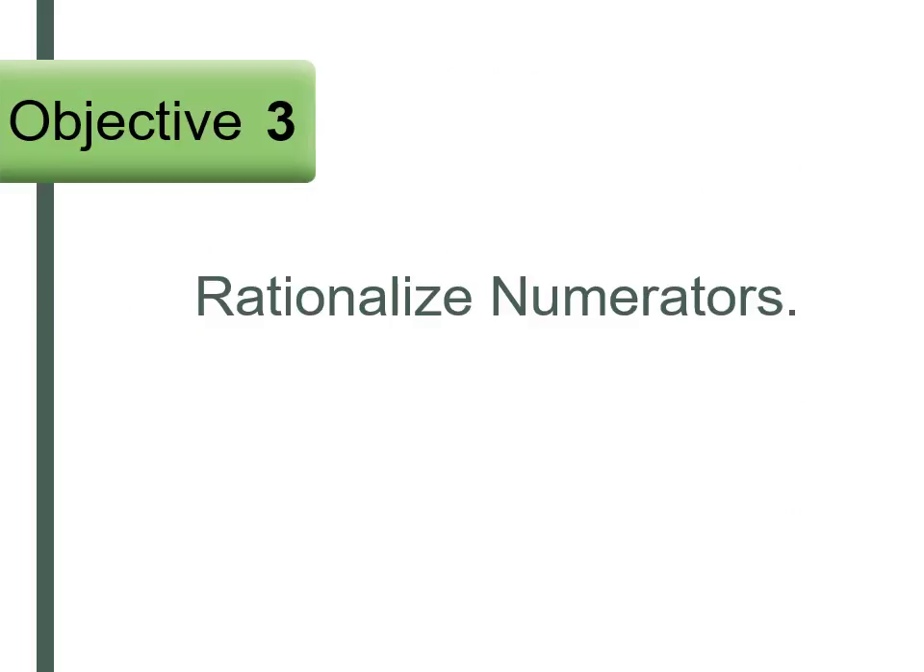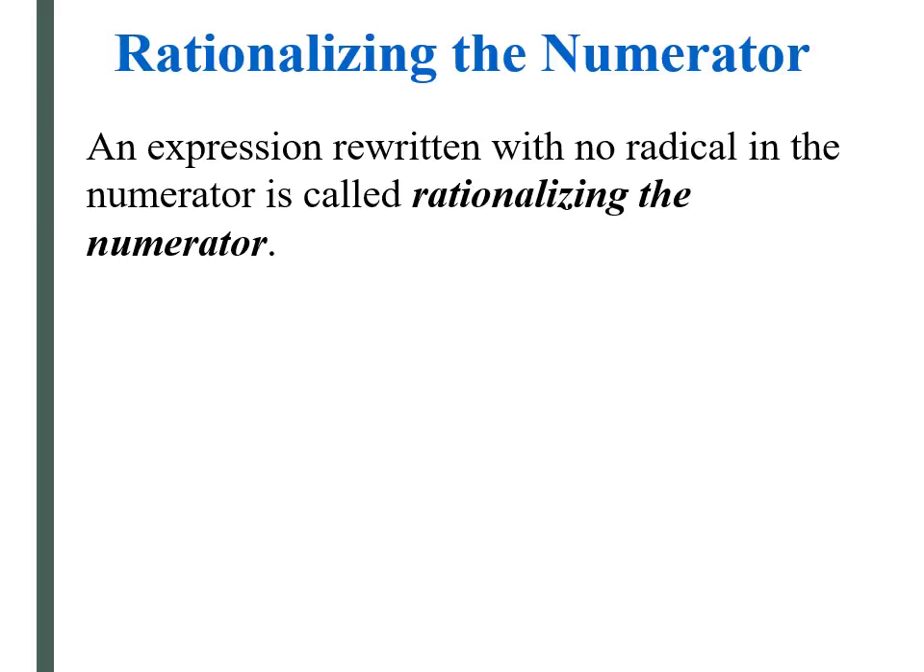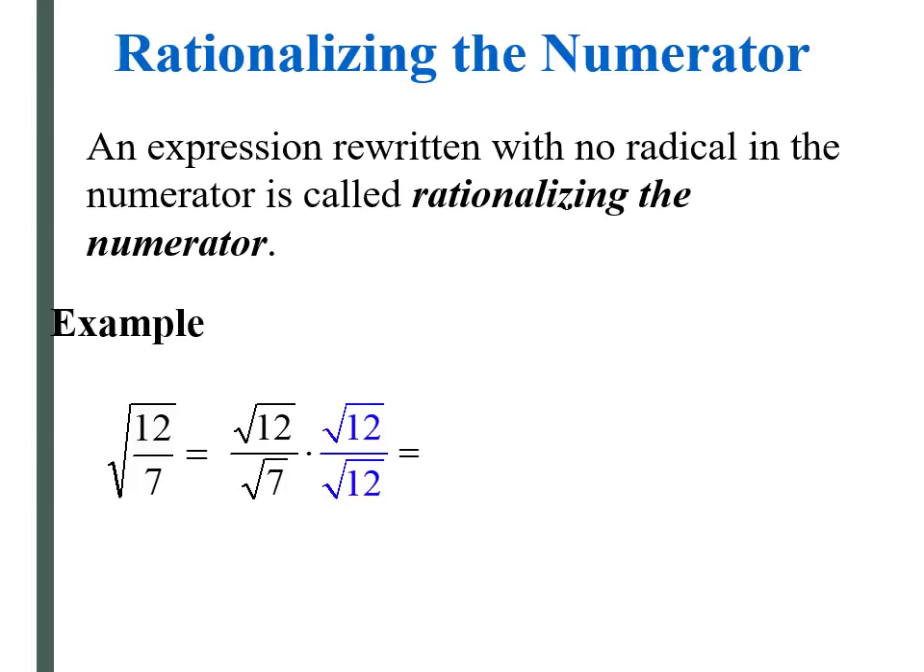What about rationalizing the numerators? Rationalizing the numerator is not very common, but this is when you do not want any radicals in your numerator for some reason. So if you do not want radicals in your numerator, you're going to rationalize the numerator. So for example, if I had square root of 12 over 7 as an expression, I'm going to separate the